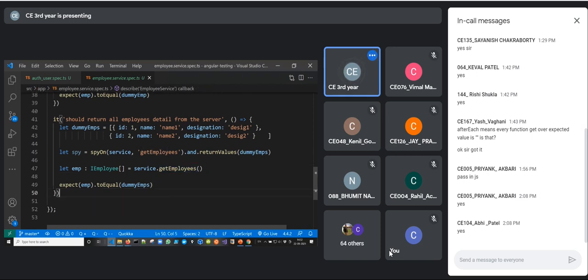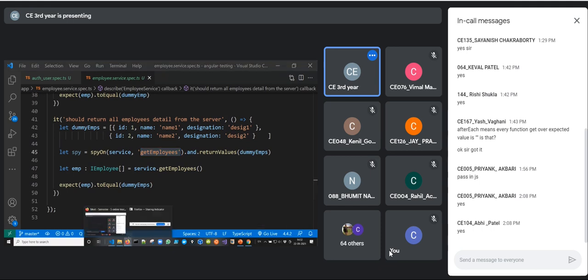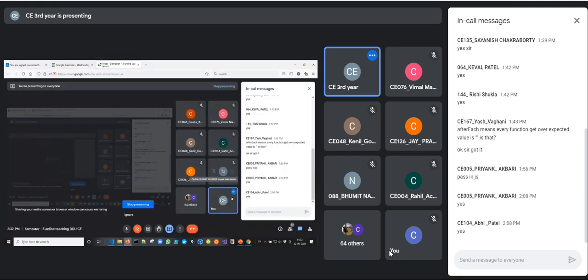Here we are specifically having a stub method, which does not have its own implementation. Any doubt so far?